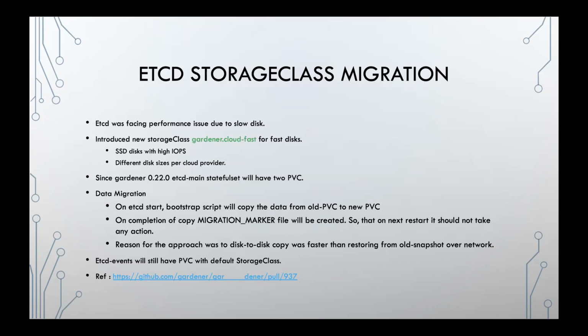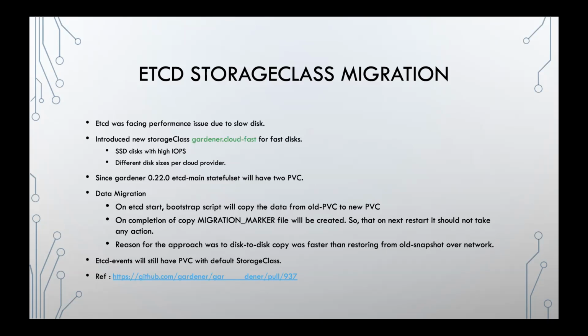So those are calculated as a trade-off of cost and number of IOPS we wanted. This change was introduced with Gardener release 0.22, where